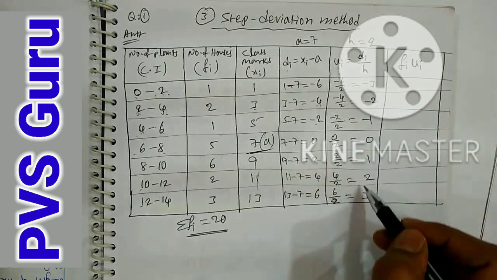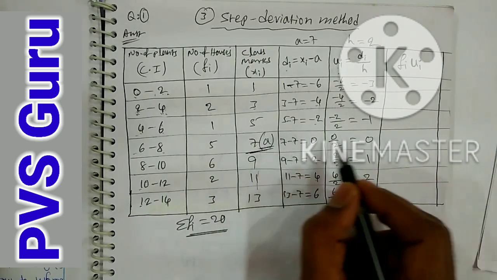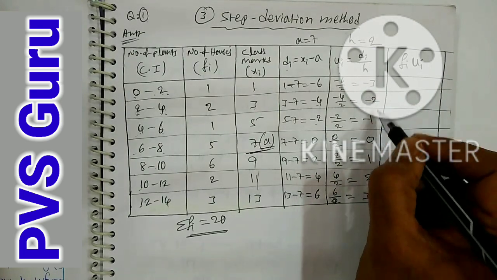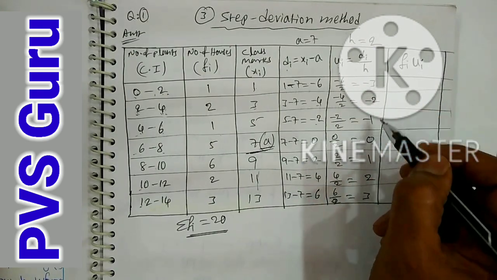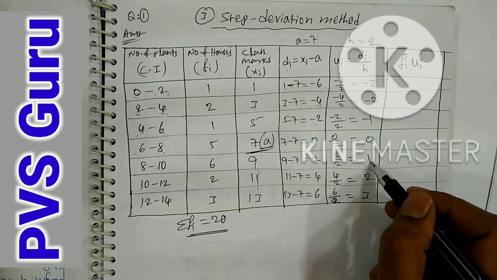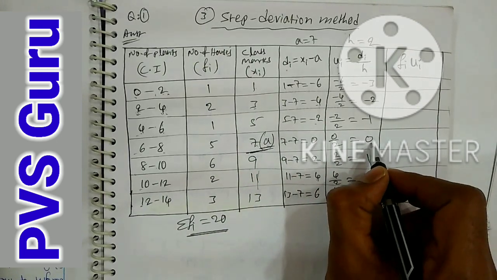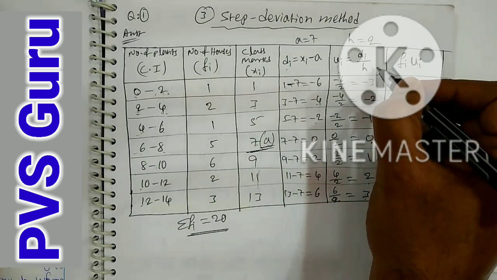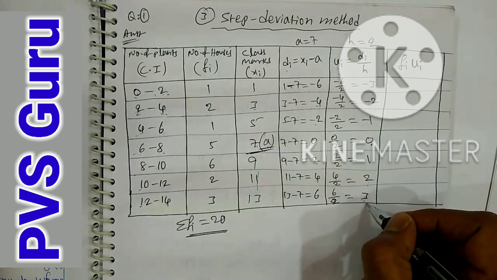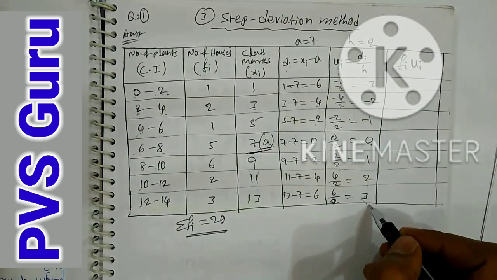So here you observe it. Wherever you have taken the value a, that ui value is 0. The upper values are minus 1, minus 2, minus 3. Automatically for any problem you get the same values. The lower values you see are plus 1, plus 2, plus 3. So wherever you take a, that value equals 0; upper values are minus 1, minus 2, minus 3; lower values are plus 1, plus 2, plus 3. Whatever values there are, these values must be the same.